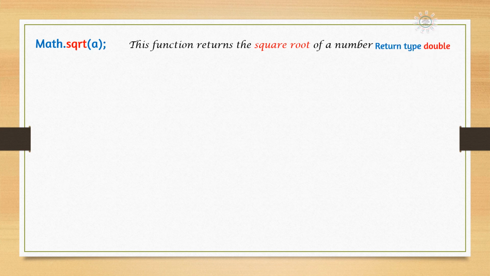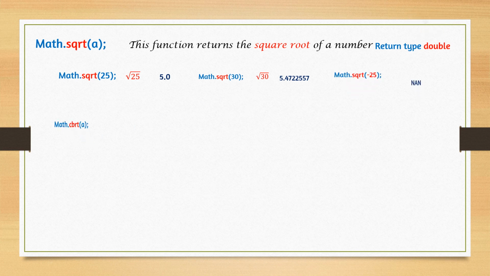Now square root and cube root are also coming. Here the function returns the square root of the number and the return type is double. Students, many of you make a mistake when finding the square root of a number. For example, Math.sqrt of 25. Many of you write the answer as 5 because the square root of 25 is 5. That can deduct your marks. If it is a 2-mark question, 1 mark can go because the return type is double. Return type double means the answer with .0 should come. The decimal part is there. The answer will be according to the number, and if it is a negative number, an error will come. No answer will be produced.